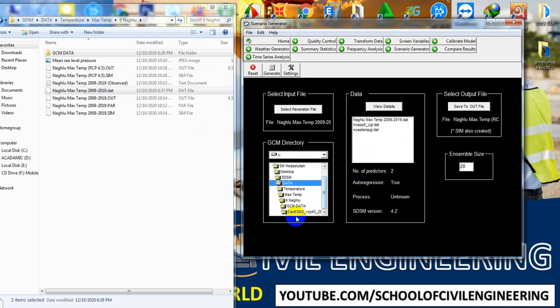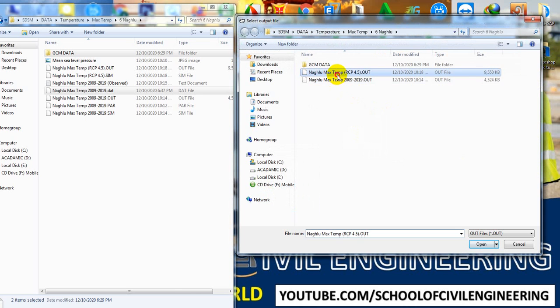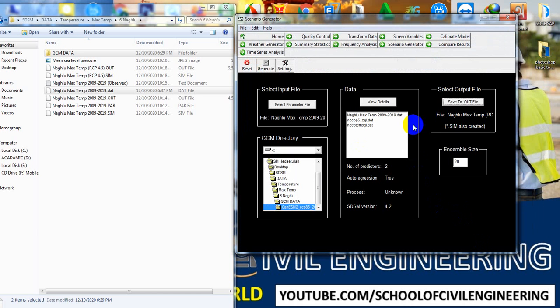Now I'll go down, and again I'll click GCM data and select RCP 8.5. Actually, it depends on which RCP value you want to create your prediction data for. I'm just working with two, that's why I'm selecting that. But here I'll make some changes. I'll delete that and it will be for RCP 8.5. So open. When it's okay,